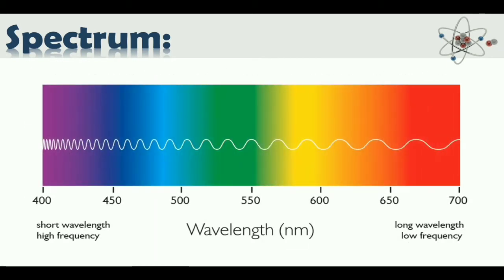And coming to this one, this is the visible spectrum, where it starts from violet to red. You can see the white light wave having different wavelengths in different colors. And here the numerical values are also given. For violet it is starting at 400 nanometers and for red it is 700 nanometers. Now light can be seen if the wavelength is 400 nanometers to 700 nanometers.